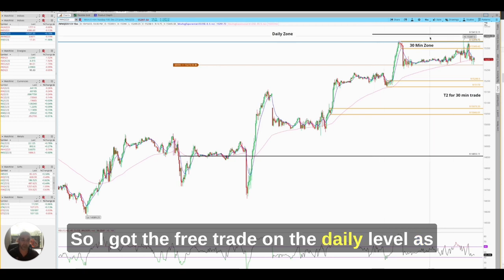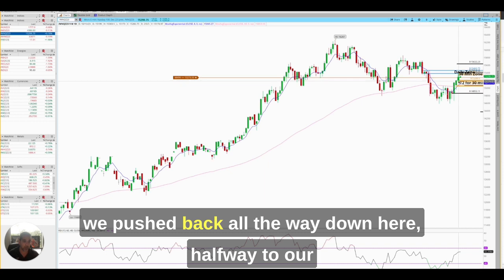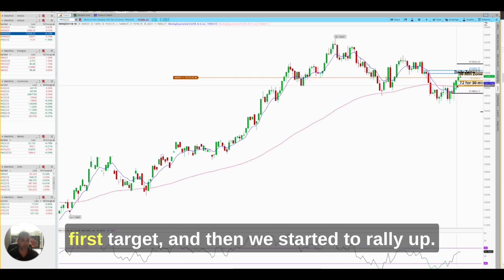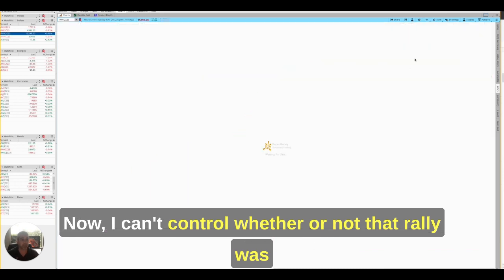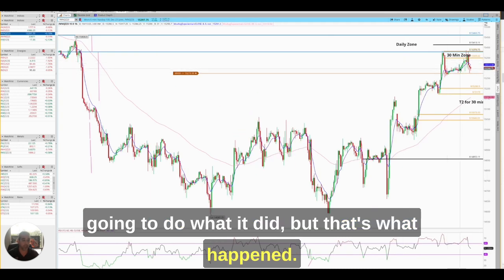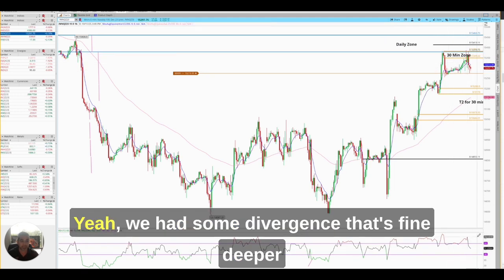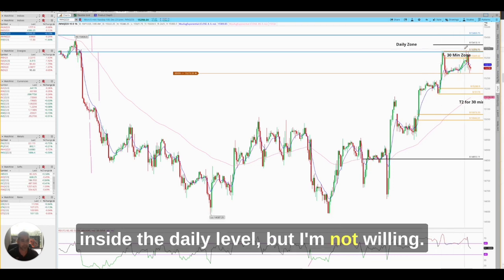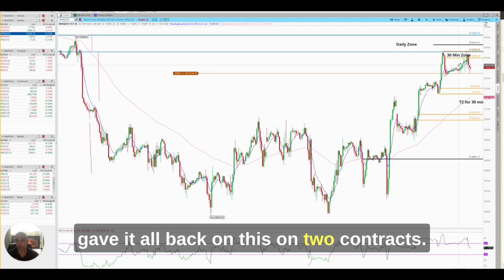So I got the free trade on the daily level as we pushed back all the way down here, halfway to our first target, and then we started to rally up. Now, I can't control whether or not that rally was going to do what it did, but that's what happened. Price overnight grinded back up, okay? We're still above 60. Yeah, we had some divergence. That's fine. Deeper inside the daily level. But I'm not willing, we were up, I think, $600 overnight, and we gave it all back